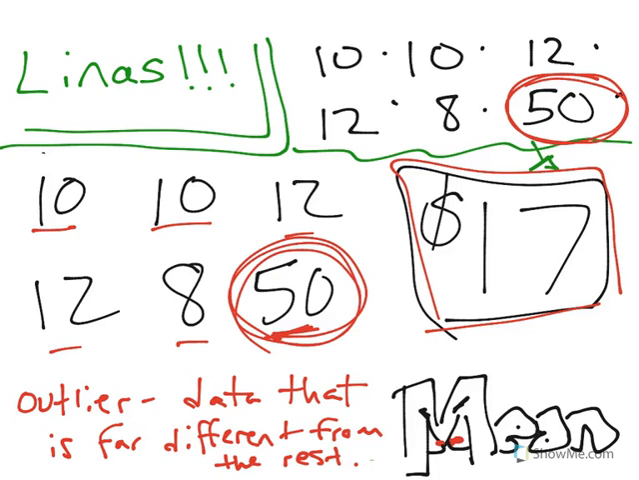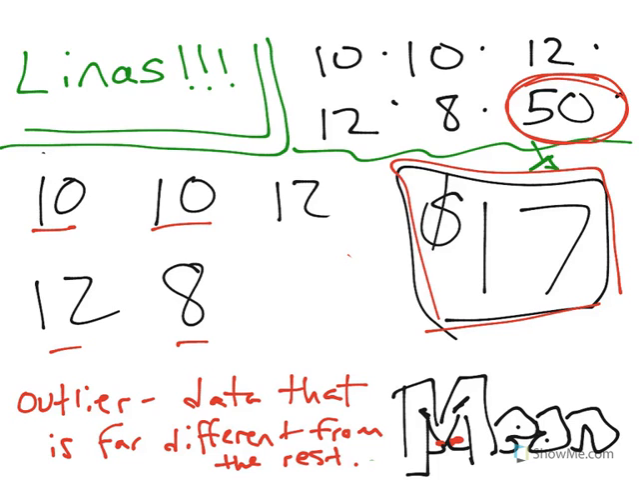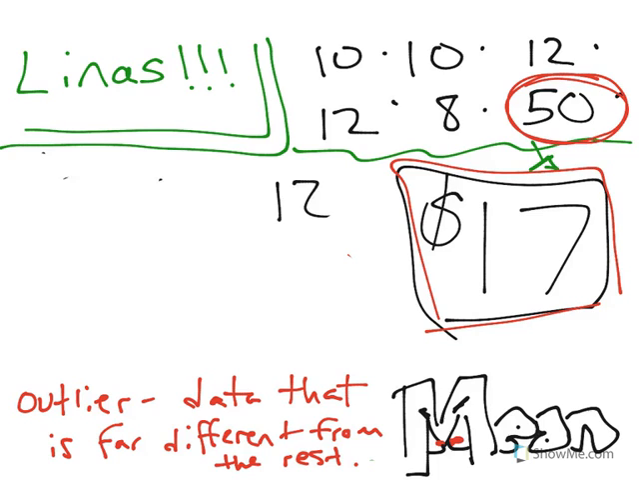Most of the time I don't spend $50 when I go to Lena's. Most of the time I spend far less. So this time I'm going to look at the mean, another word for which is average, without that 50. So this time I'm going to erase that 50. I'm going to forget about it, and I'm going to find the mean again. So I'm going to erase all these numbers over here, and I'm going to try it again. 10 plus 10 plus 12 plus 12 plus 8. And that's going to be